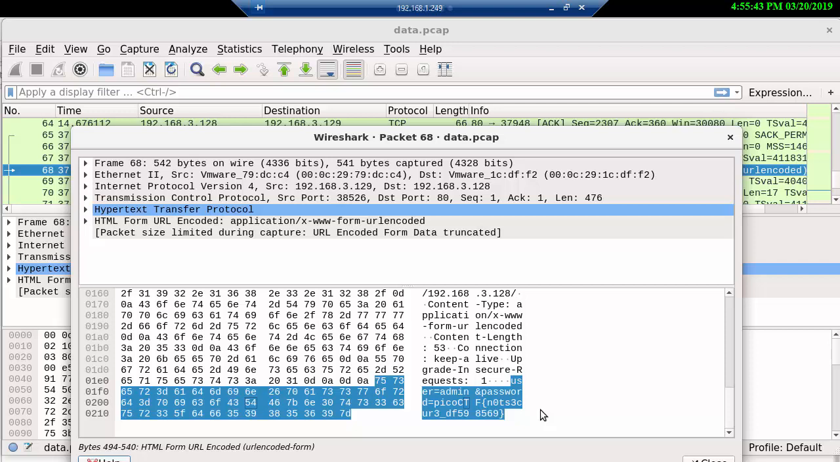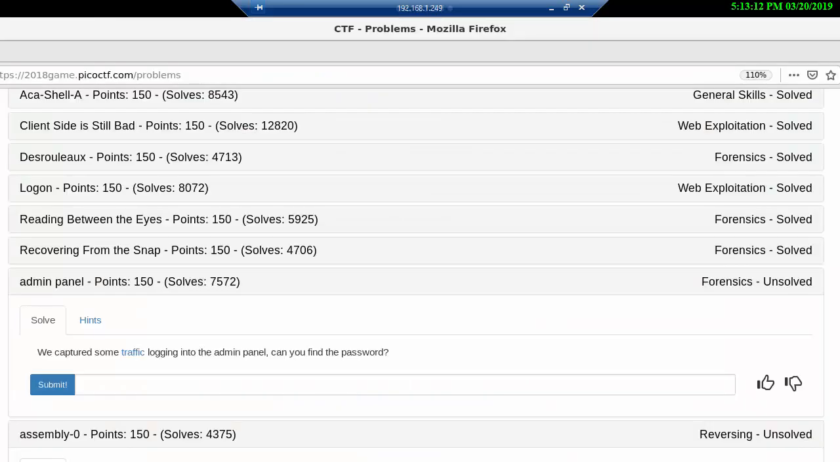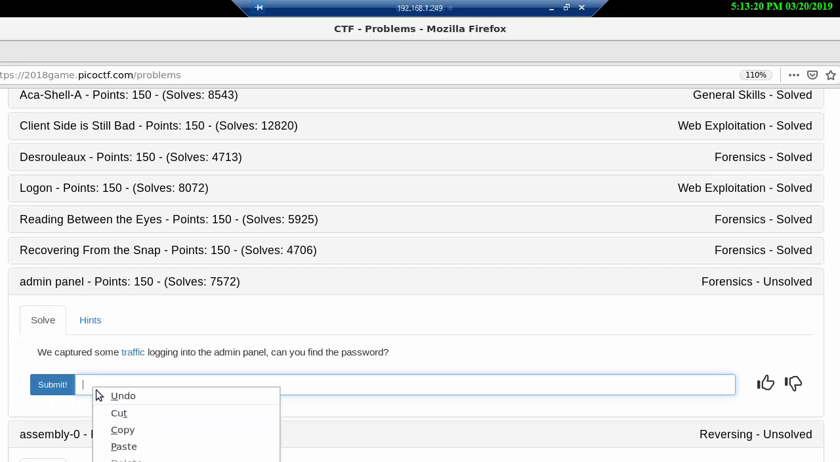So this problem was a lot easier than it could have been, but it's your first try in Wireshark if you've never used it before. So there isn't really much more to say about this problem, but read up on Wireshark. It's used a lot in the industry, and very much so in capture the flag. And remember, when it says traffic logging into, we already had the clue that it had to do with a login. So let's submit,